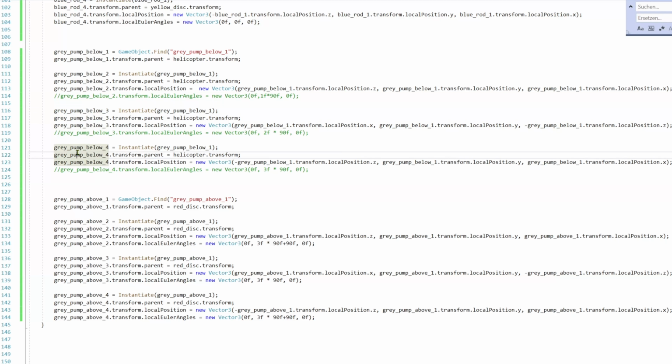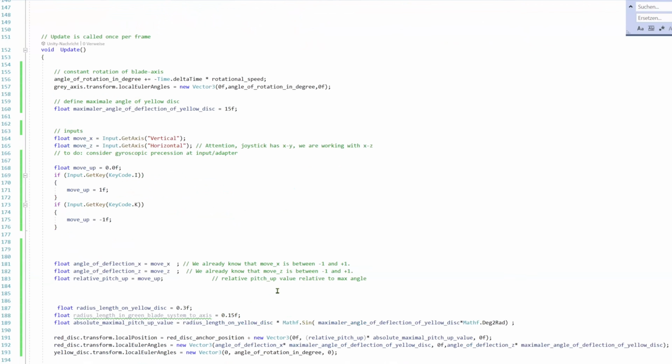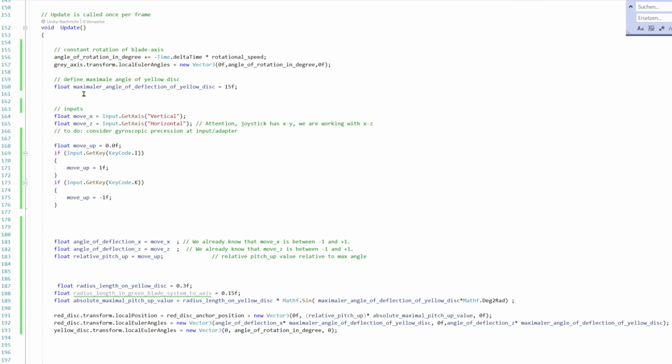I also like to have one main game object I created in Blender, and within Unity I just create a copy of this game object. As an example, let me give you the blades.